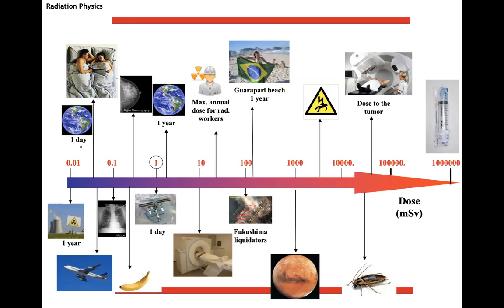Same if you are in Tibet, for example. Tibet is also part of China, but it's a little bit special. In that case, people live at altitudes as high as 5,000 meters above sea level, and there is a lot of cosmic radiation. You really get much more cosmic radiation than at sea level. And then again, the average dose is some 5 to 6 times higher than the dose at sea level.